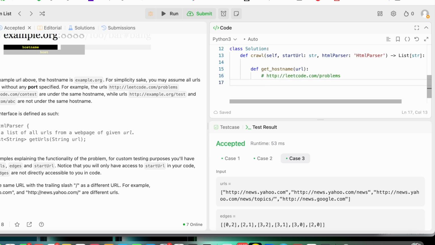right? If we split it by slash, what all elements will we get? First is the http:, that is the protocol, that's the first element. Then we'll get an empty string because there are two slashes, nothing is in between. The third element, or the second index element, will be leetcode.com. So that will be our hostname, right? So we can just return URL dot split